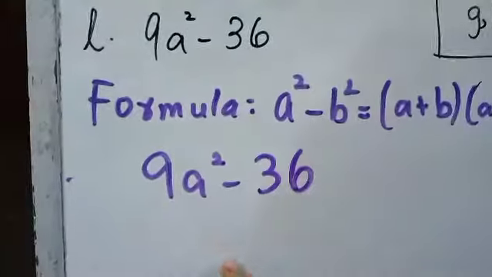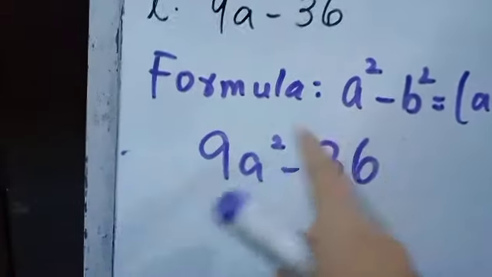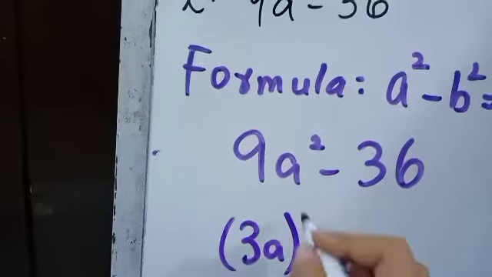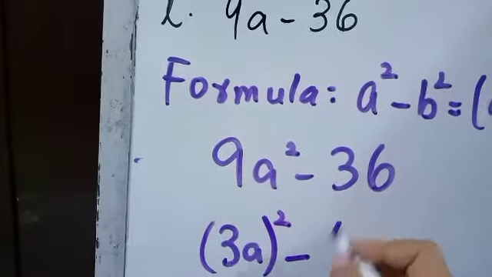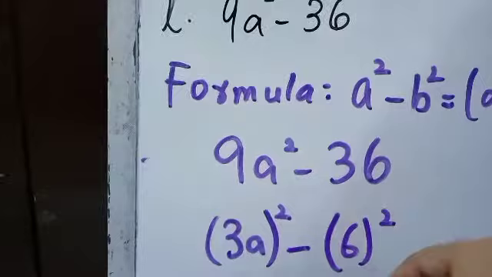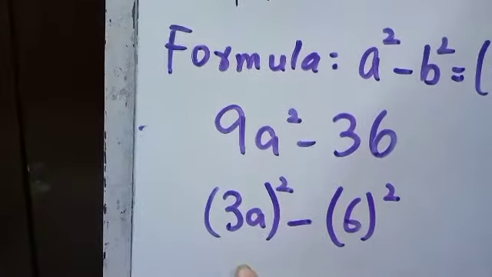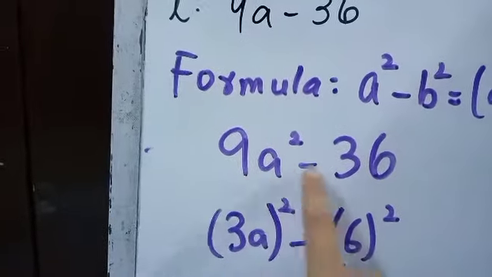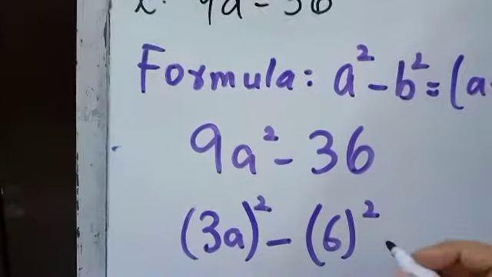Now again I will find the square number because I require a square number to make it a square. So it is (3a) square minus 6 square. Check back your question to see whether it is giving you the original question. 3 3s are 9a square. It is giving me the same thing. Minus, 6 6s are 36. It is giving me the same thing.